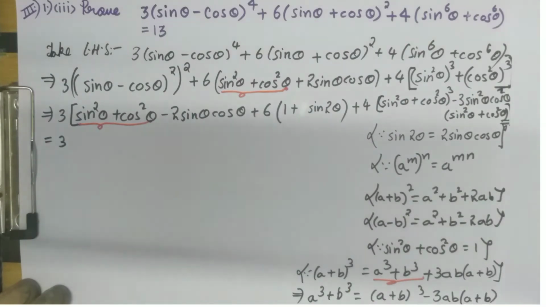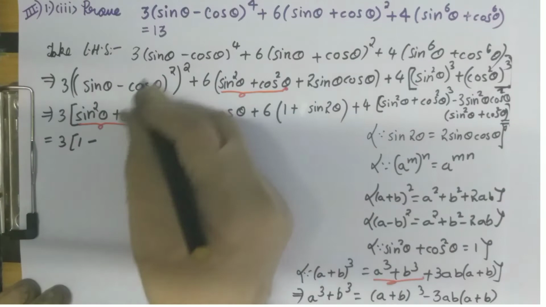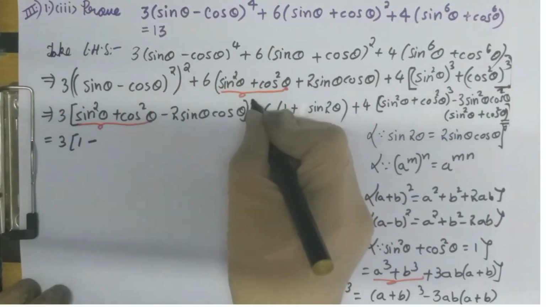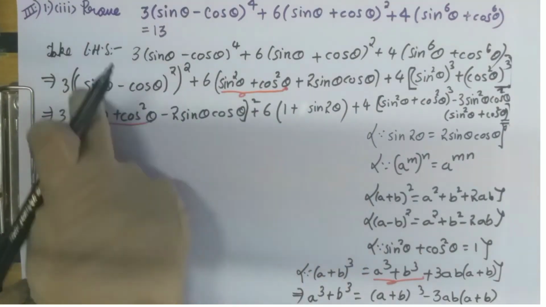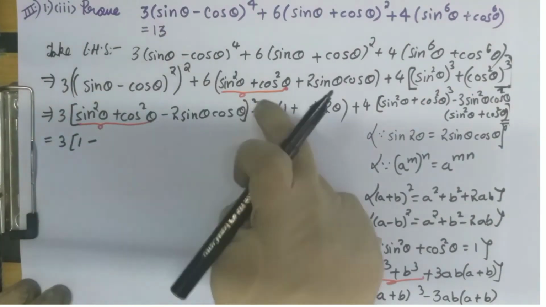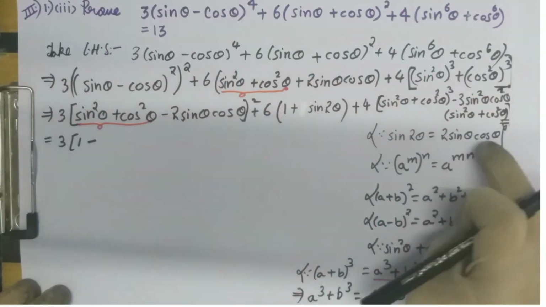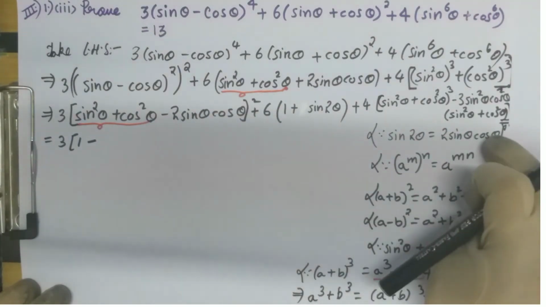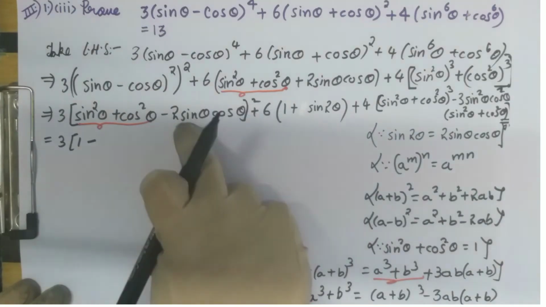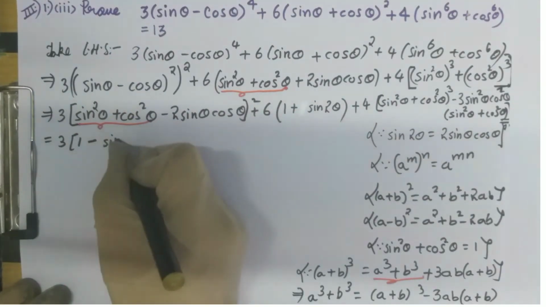What is sine square theta plus cos square theta? 1. So this becomes 1 minus, we have, here also we have whole square. Remember I said this square was applied initially, a minus b whole square, that is a square plus b square minus 2ab. Still one square is remaining. Now here we have 2 sine theta cos theta. What is 2 sine theta cos theta? 2 sine theta cos theta is sine 2 theta. So in place of 2 sine theta cos theta, we will write sine 2 theta